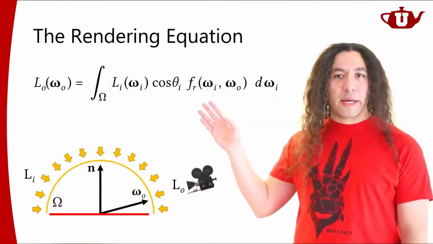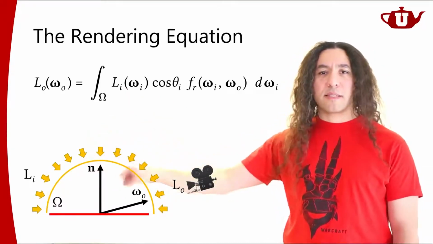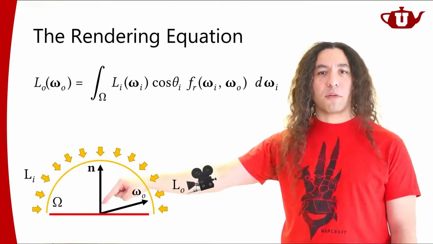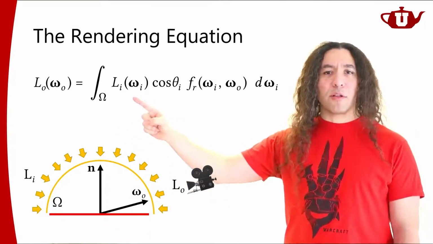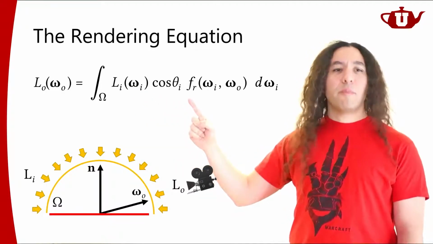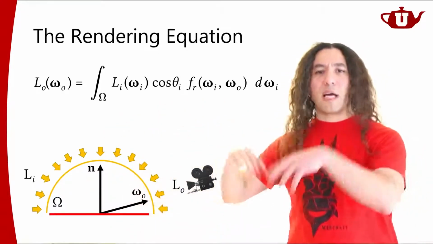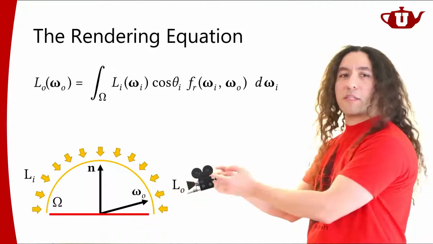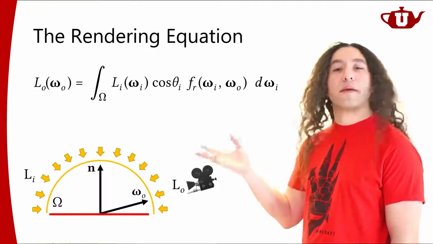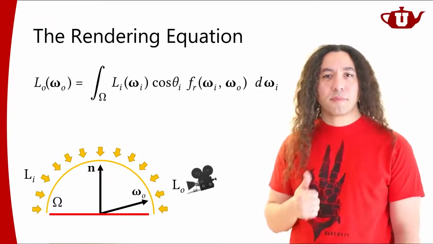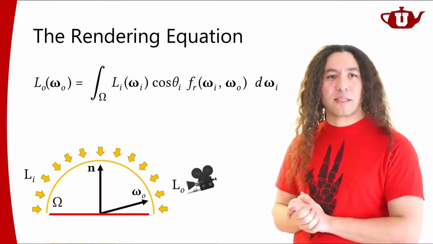So this is the rendering equation. If you all remember, it's an integral over a hemisphere placed over the point that we're shading. So over this hemisphere, we're looking at light coming from all directions, multiplied by the geometry term, multiplied by the surface BRDF, and this whole integral, basically summing all the reflected light along this direction, gives us the total reflected light towards the camera, and that's what the rendering equation describes. All right, we talked about this extensively, so I presume you have a decent understanding of what this equation does.